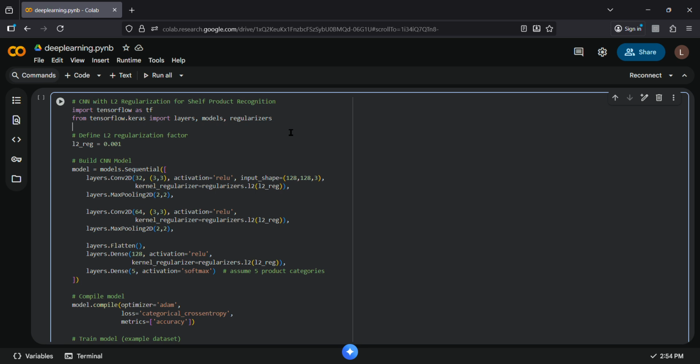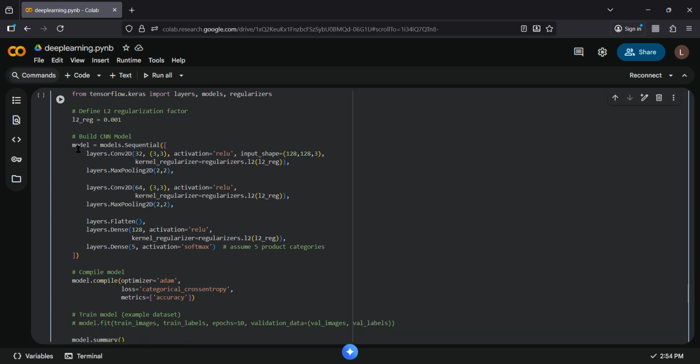Now for the Sequential model, we have used this for building the model, and sequential means layers are added step by step. From here to here, it means we are expecting basic features like edges and corners, with input size 128 by 128 RGB images, and L2 controls overfitting here. Then there is max pooling, which is used to reduce image size